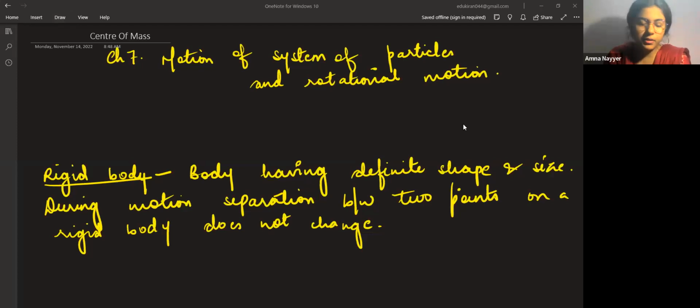Yes, class. Now starting with chapter number 7, motion of system of particles and rotational motion. Most of the portion of this lesson, the circular motion part, we have already done separately in circular motion. Remember friction and all, we did it together. So all the portions which are unique for this lesson, that we'll be discussing over here. Now, in the rotational motion, we'll be focusing on the topic rotational